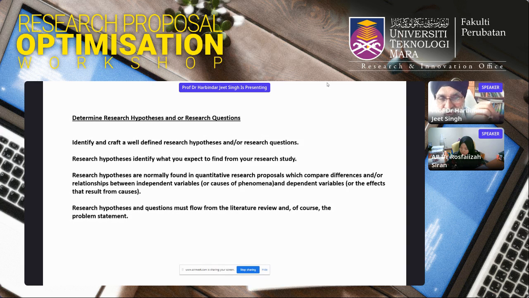And research hypotheses are normally found a lot of the time in quantitative research proposals, for example, when they compare differences or relationships between independent variables and dependent variables. So this is where you will hypothesize. All right. But important thing, as I keep repeating, I'm sorry I have to keep repeating, but it's very important,